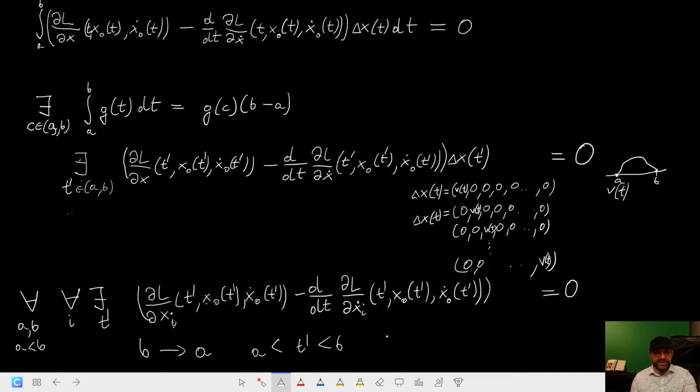So if by continuity we prove this for each coordinate separately, we will prove then on each coordinate this equation holds for A. And A can be also chosen arbitrarily. So by using these arguments, we are showing that this